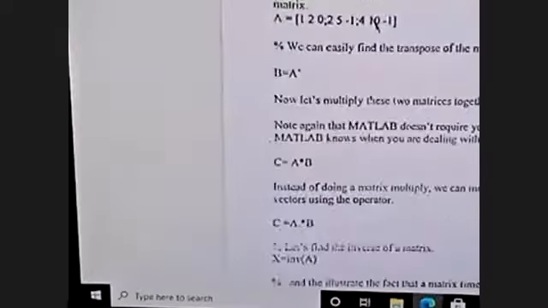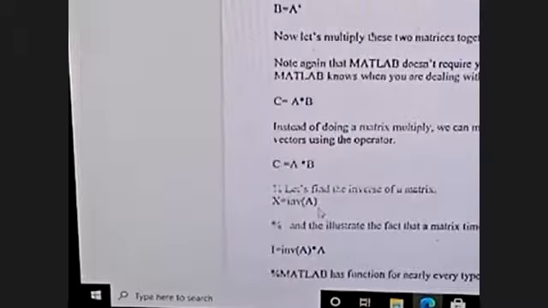C is equal to A dot slash B. Dot represents each and every value, but in the first case there is no specification for any value. Here dot represents each and every value. It will take each value and divide it and give the values. That is the meaning of dot. Dot specifies it will take all the values in the matrix. Now see, like this we will multiply the matrices and we can take the transpose of the matrix. C is equal to A star B. C is equal to A dot star B. You have to take it this way.